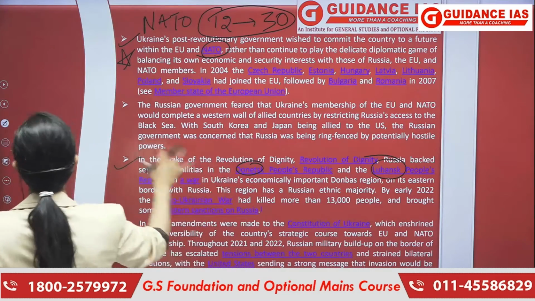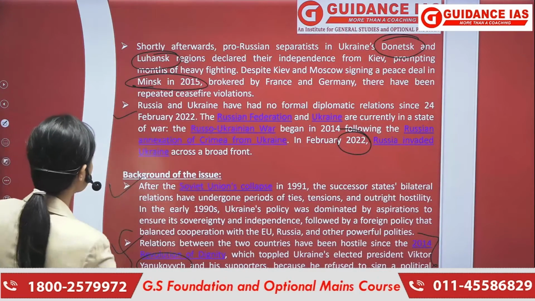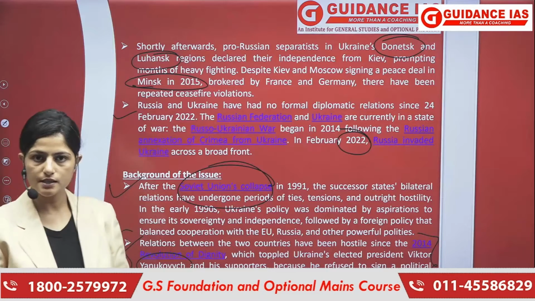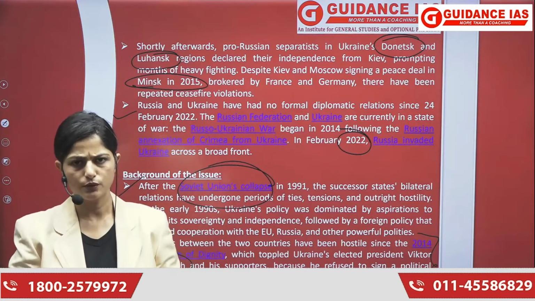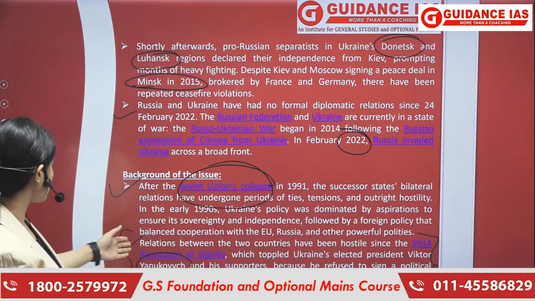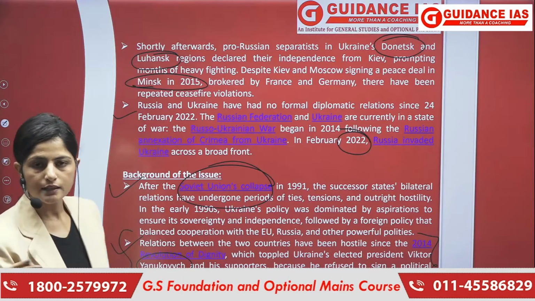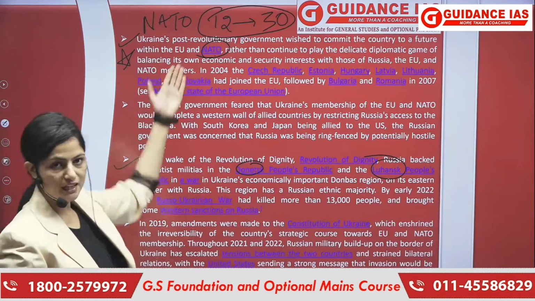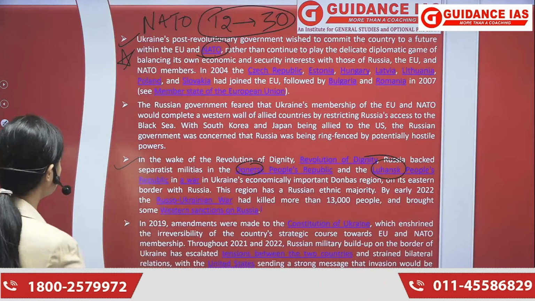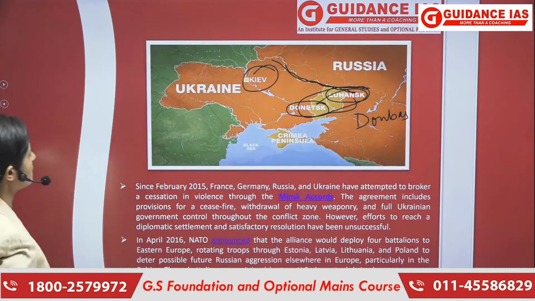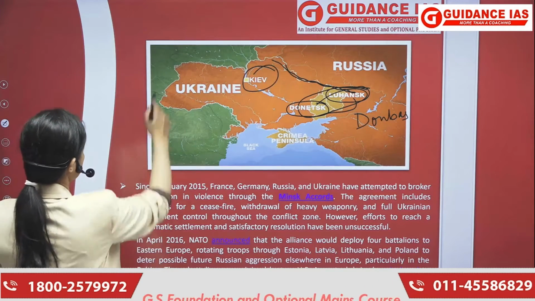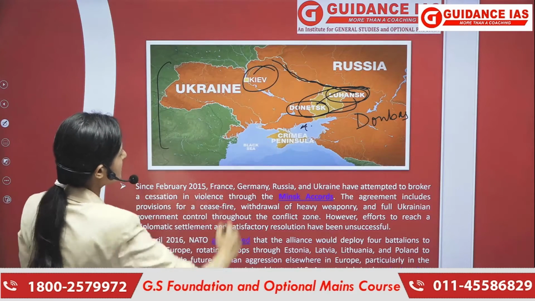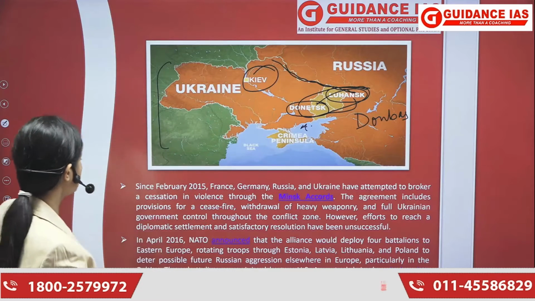So these were the major points. What were the major points? First, regarding the background, first was the collapse of USSR in 1991. Then other countries got disintegrated, got independence. Then we talked about the Revolution of Dignity, wherein we talked about the anti-Viktor Yanukovych protest that happened in the country. Then the point of NATO, the NATO dimension we covered, and again the Luhansk and Donetsk issue we covered. We have already seen this map. यहाँ पर ये European countries हैं. This is the Sea of Azov, and this is the Black Sea, Crimean Peninsula. Yeah, this was majorly the map portion of it.